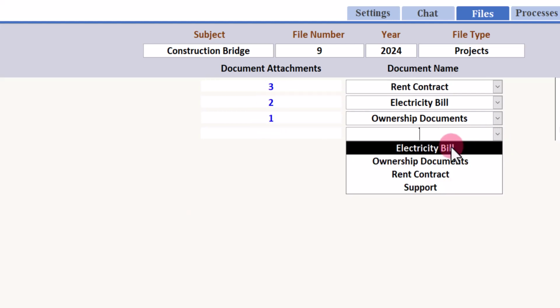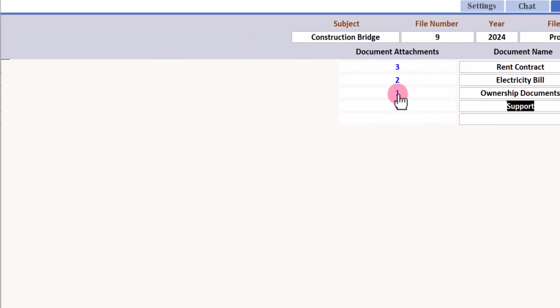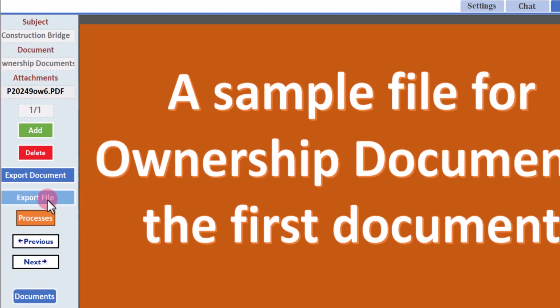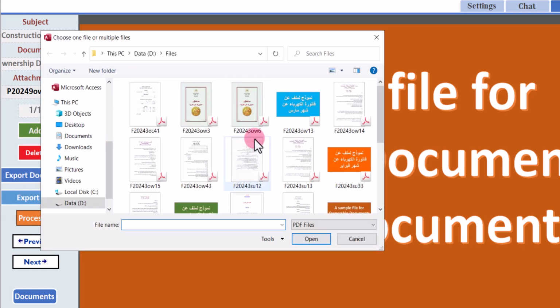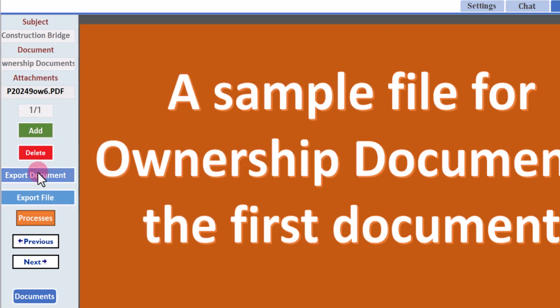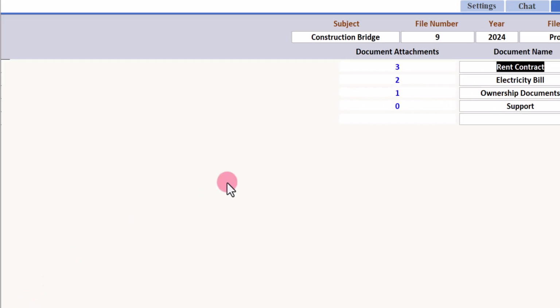By clicking on the number next to any document, the attachments for this document will appear. By clicking Add to add attachments to the document, and clicking Delete to delete any attachments, and clicking Export Document to get a copy of the document's attachments, according to each user's permissions, and clicking Export File for the entire file's attachments, also according to each user's permissions, by clicking on Documents to return to the file's documents,